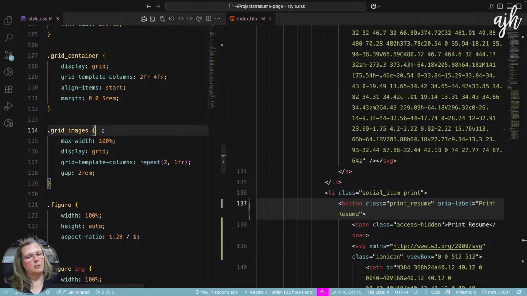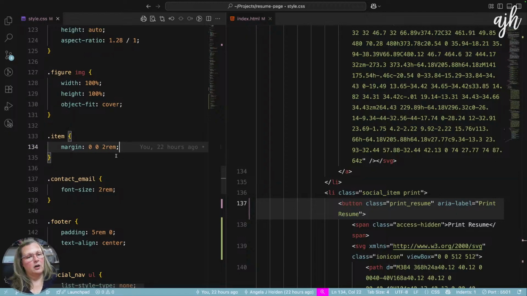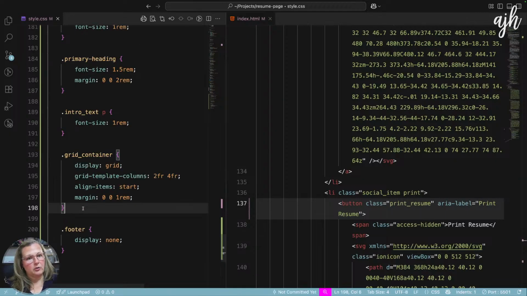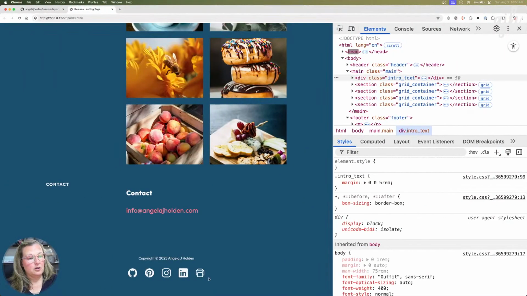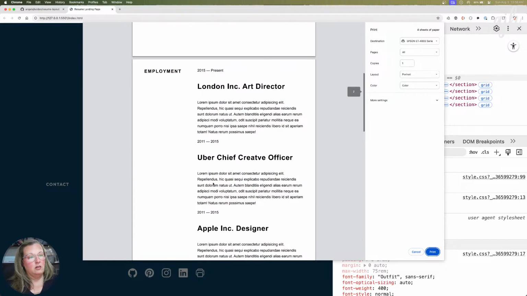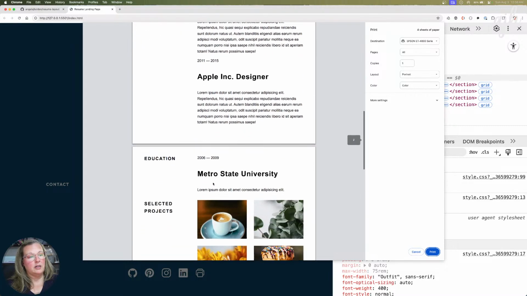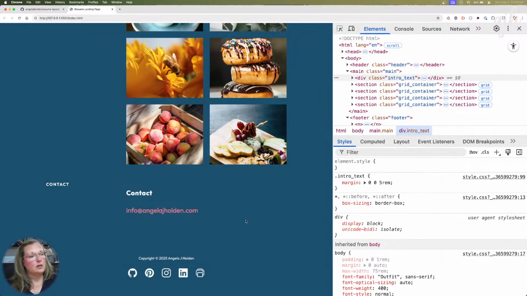So these are the images, the container. Where's the items? Right here. I think we need to tighten this up as well. Can you imagine doing this for an entire enterprise level website? Wow. I've never used the print media query. This is the first time I've ever used it. Yep, I can tell that's a lot tighter. Let's tighten up the margin under those